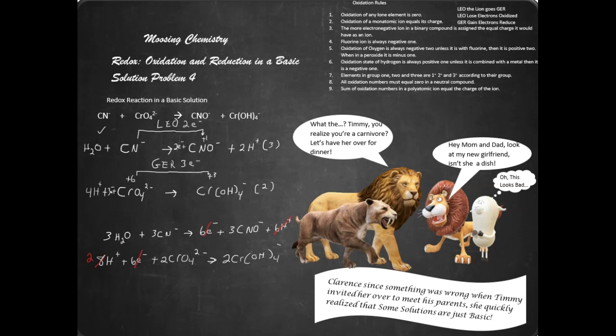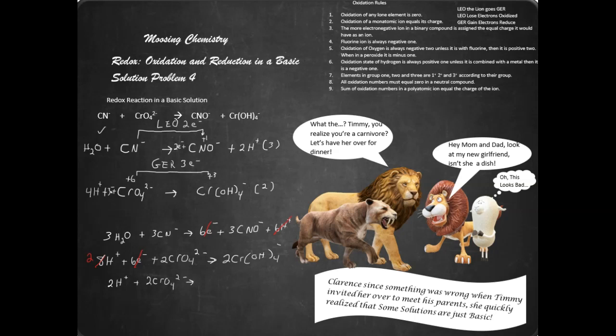And now what we're going to do is put stuff together here. Okay, so we get 2H plus 2CrO4 2 minus